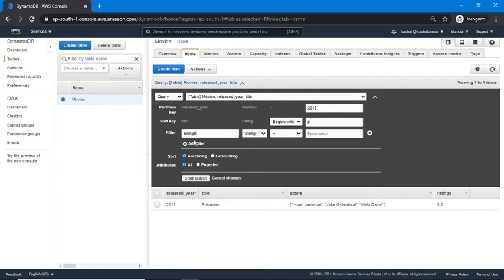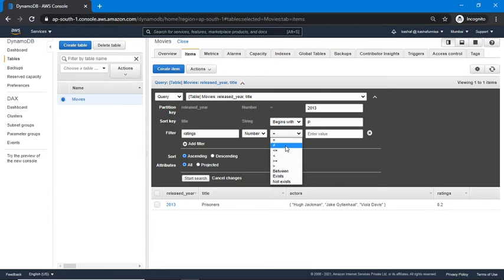Here you can provide the attribute name and select the data type. My ratings data type is number, and then you can select the operator. You can see all the operators available, and there is one additional, not equals to.